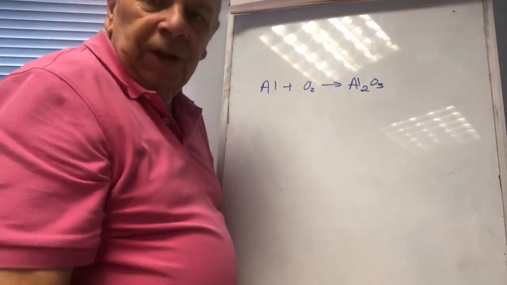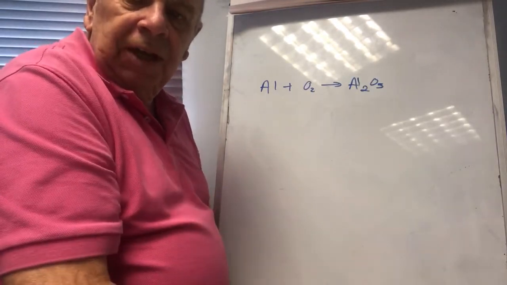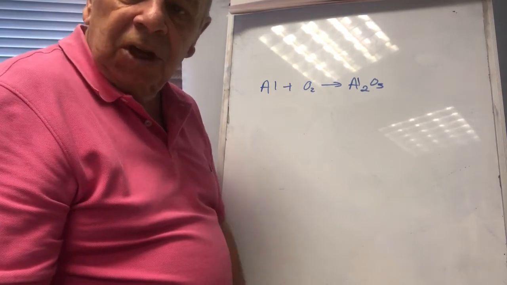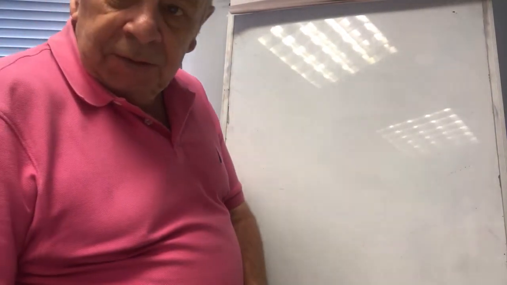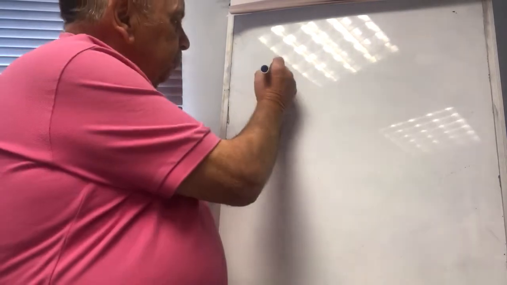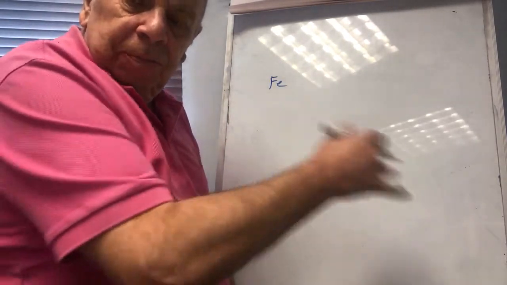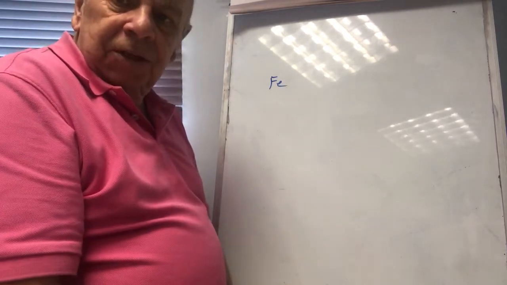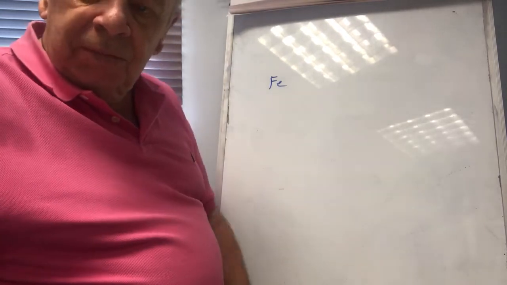If you scraped that off, it would react with more oxygen, so eventually you get less and less of the aluminium present because it's oxidized. Iron again tarnishes, I'll come back to it, and you can nickel plate or chromium plate it to stop the metal from